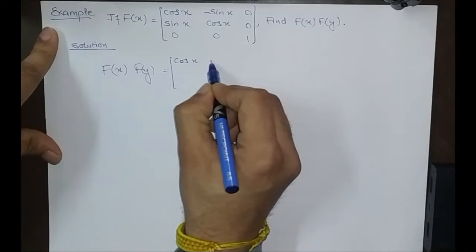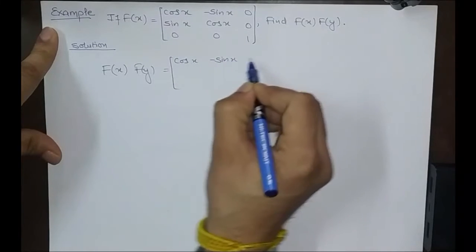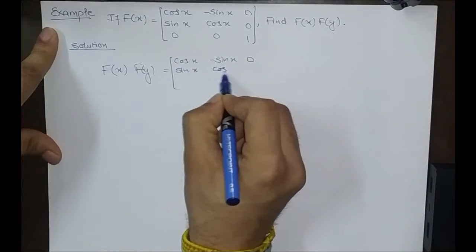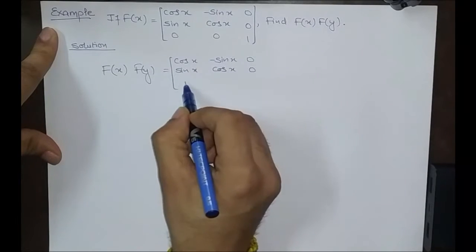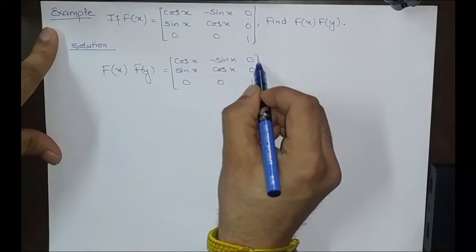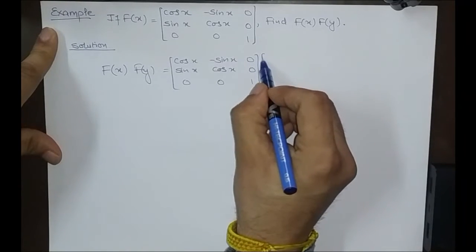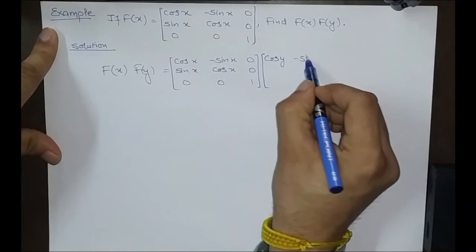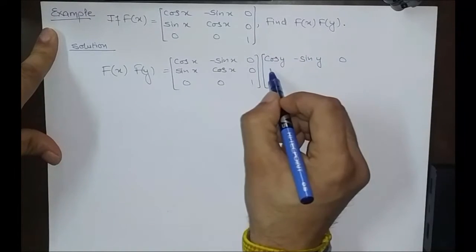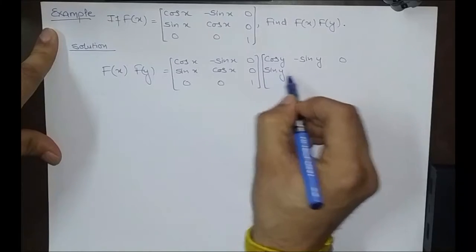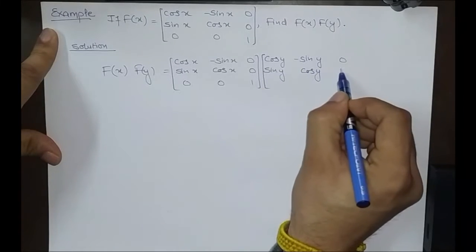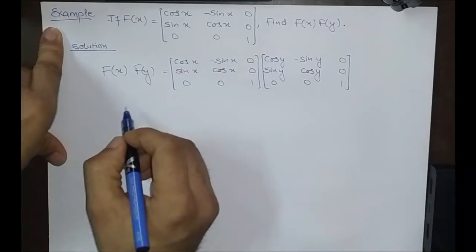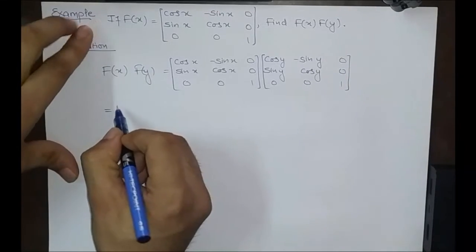[cos x, -sin x, 0; sin x, cos x, 0; 0, 0, 1] into [cos y, -sin y, 0; sin y, cos y, 0; 0, 0, 1]. This is further equal to